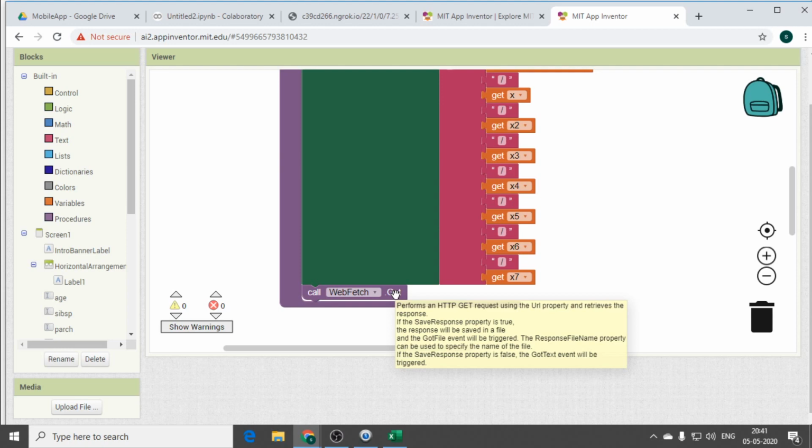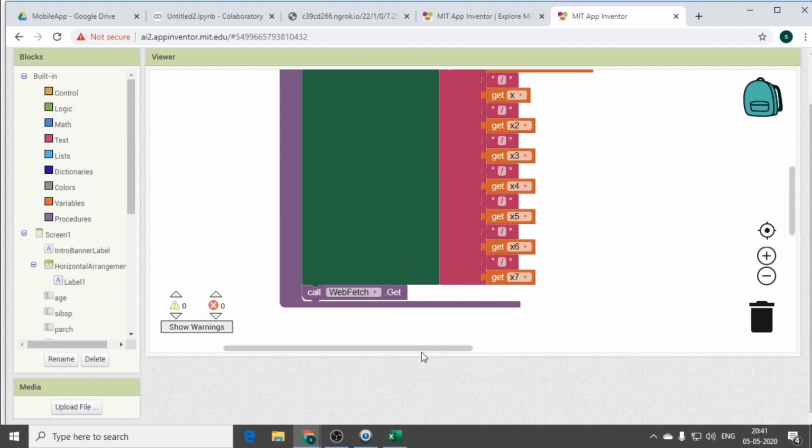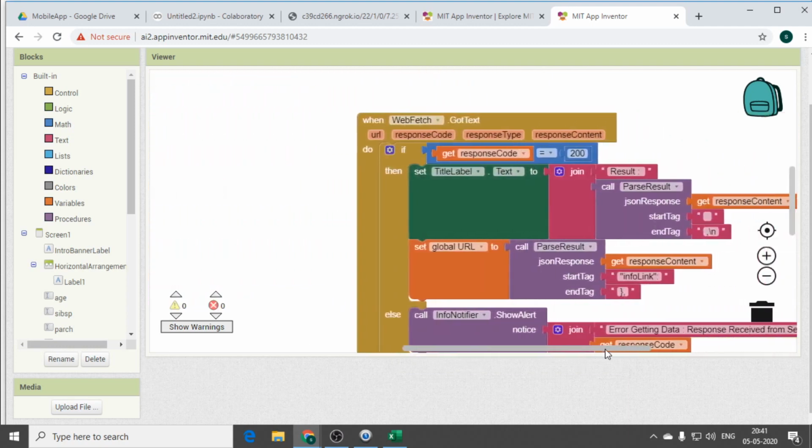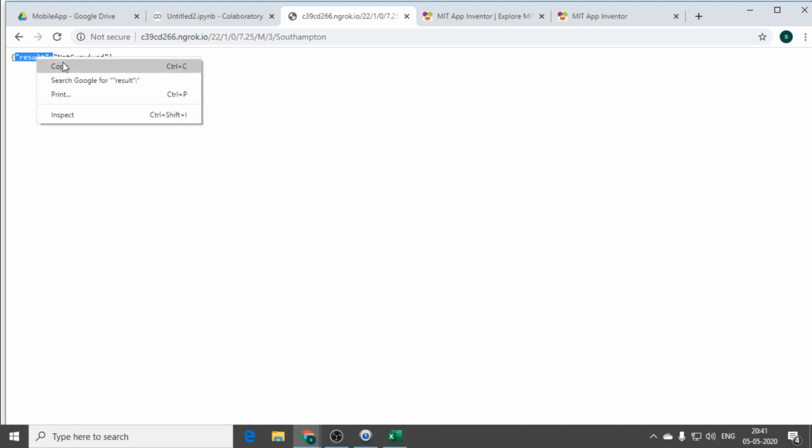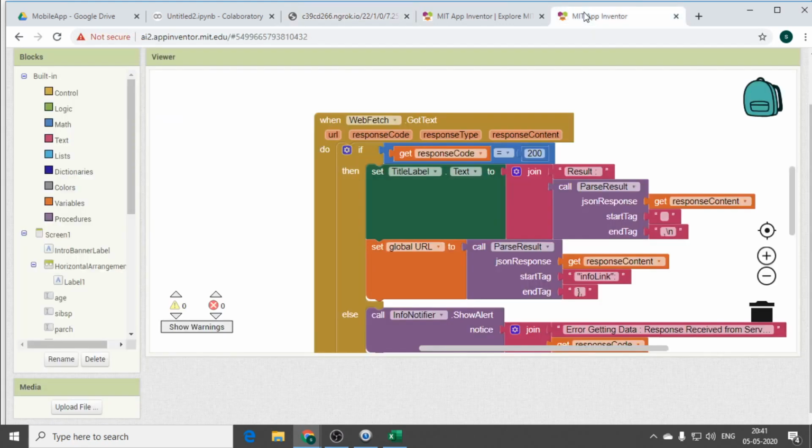Now the final step is you just drag your cursor and you have another block which is automatically created. We are fetching the content and you need to see the same output result. So place the same tag, copy, and you place the same thing in the start tag here.